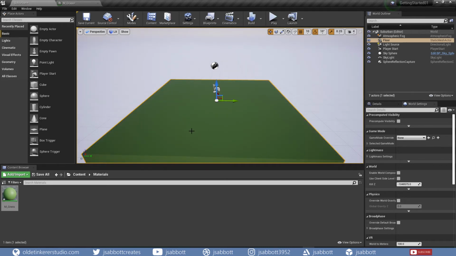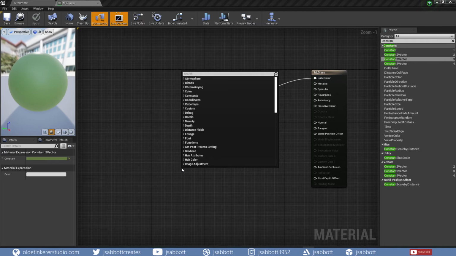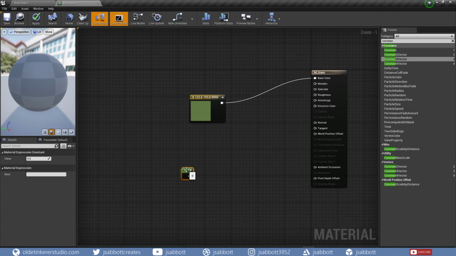The material is a little too shiny for a grass material, so back in the material editor, I need to change the roughness level. I'll right click in the graph panel and search for constant, and this will output a single float. In this case, the value will be used for all 3 elements of the vector we made earlier. I connect the constant to the roughness of the material output,